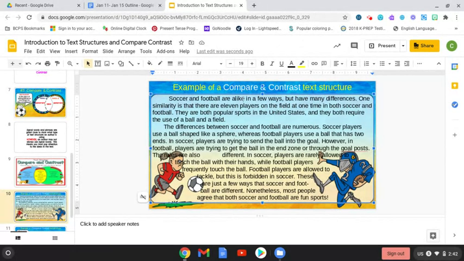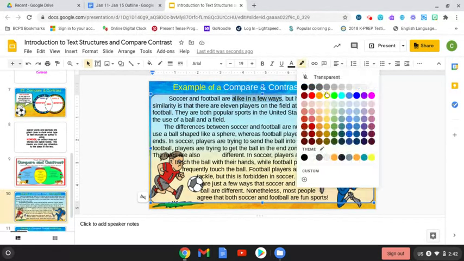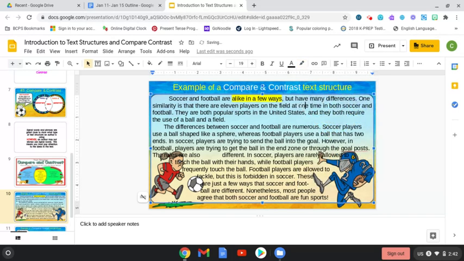Soccer and football are alike in a few ways. So as you see here, alike in a few ways. That is definitely a compare and contrast phrase, but have many differences. That's another phrase that shows you the author is trying to show you how soccer and football are alike and how they're different. One similarity